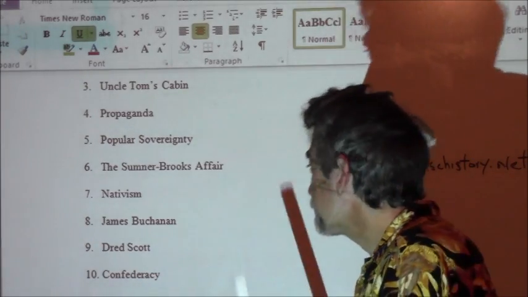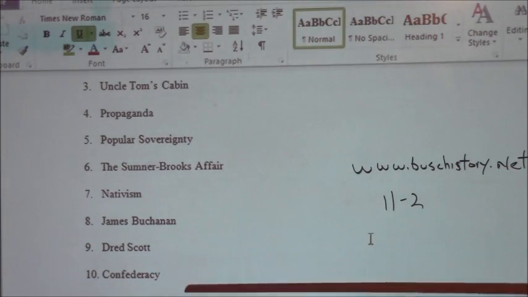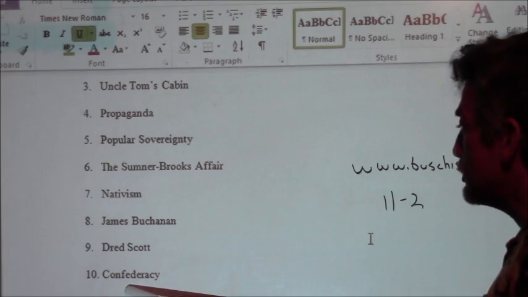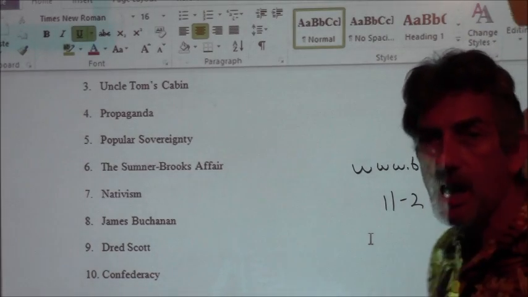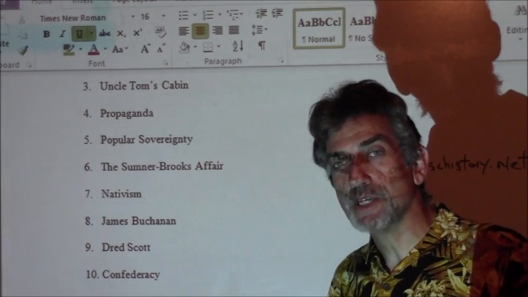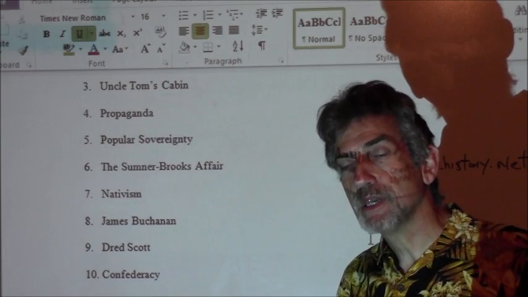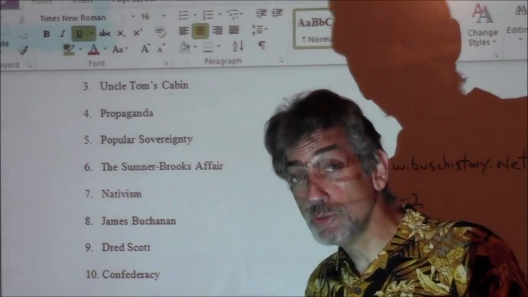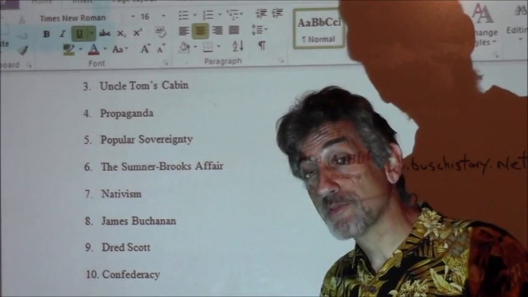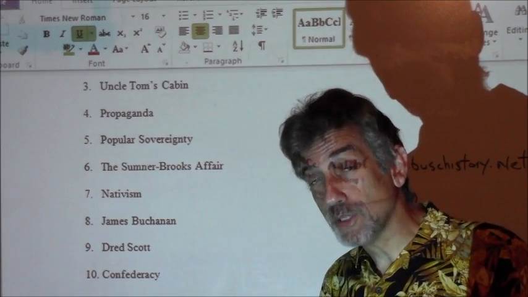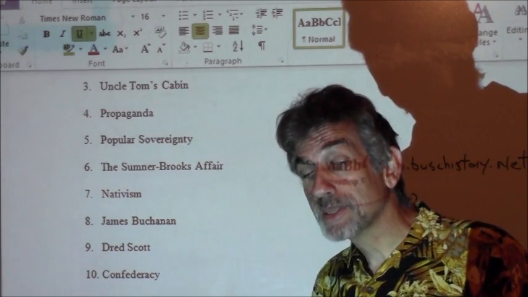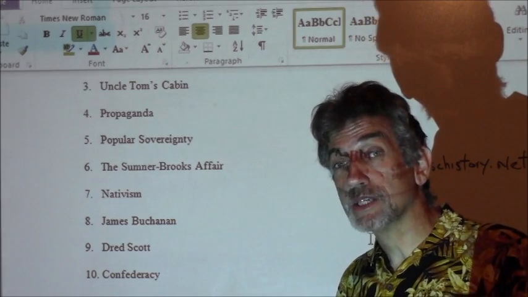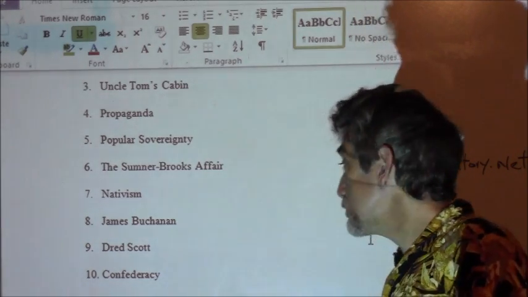Let's keep going. The Confederacy, simply the name of the Southern states, and they want the kind of government we had under the Articles of Confederation, which is a very strong states' rights government, and a very weak central government, which ultimately is going to be one of the reasons they lose the Civil War, because they don't ever really unify enough to fight the war. They do a good job, but this whole idea of a strong executive branch does not exist in the Confederacy.